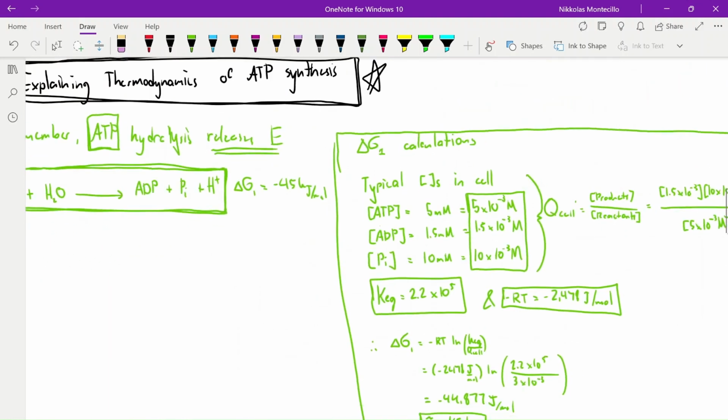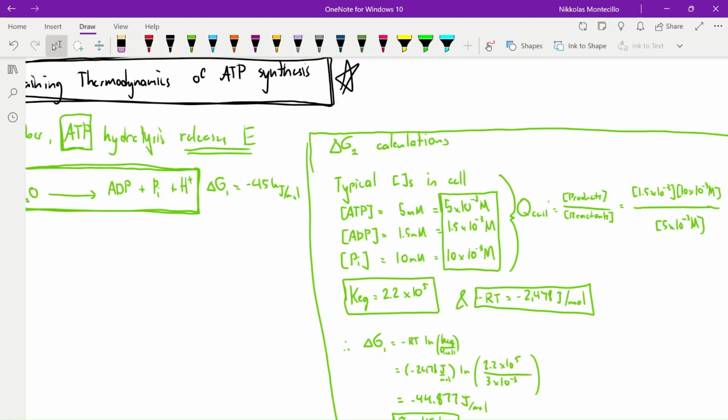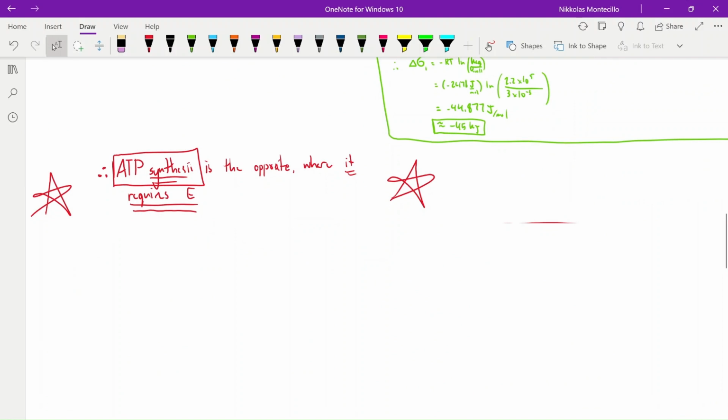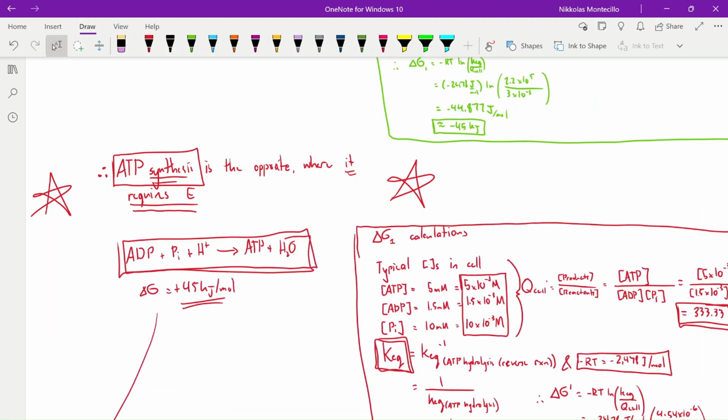So that's just the amount of energy associated with ATP hydrolysis. But if we wanted to find the amount of energy associated with ATP synthesis,